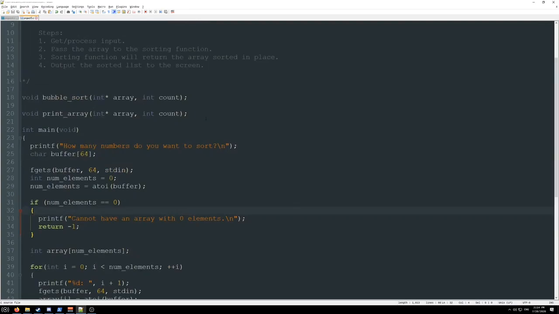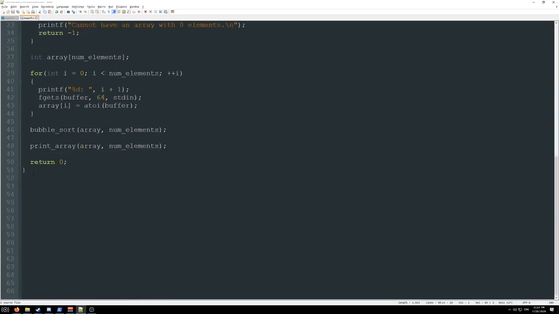Cool. Now we can start properly defining these functions. So get their function signatures, copy them, go down here, and put those down. Now, so bubble sort. Let me draw a diagram as best I can here. Bubble sort will take in an array of